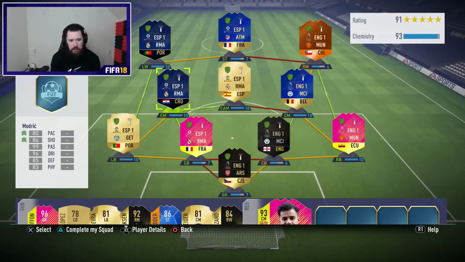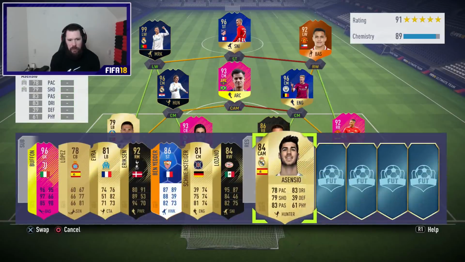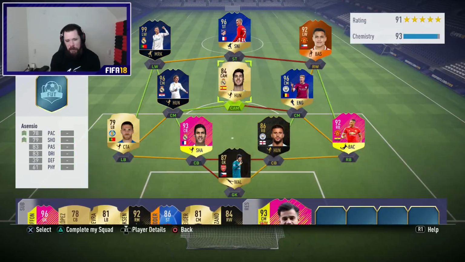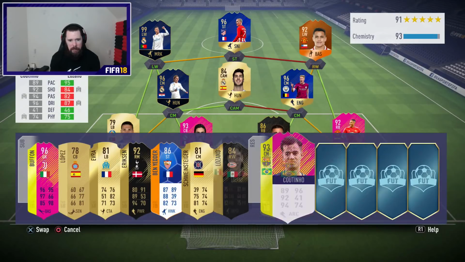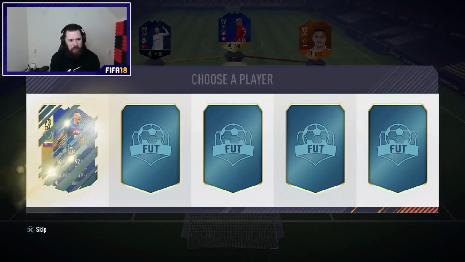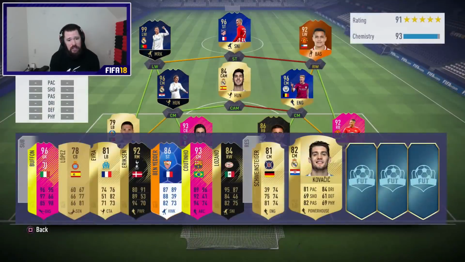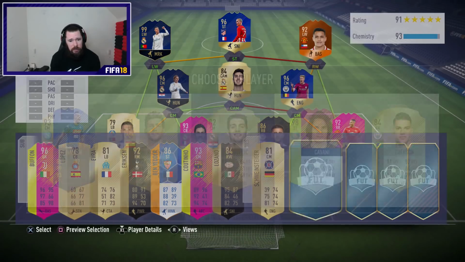We get +3. Where do we get +3 from? Oh yeah, because he gives Asensio the link. So if we put Coutinho in, we lose the chem. So it just depends on whether or not we want to start with the chem or not, really. Schweinsteiger can come off the bench. Next up, obviously, Kovacic would be good for a...